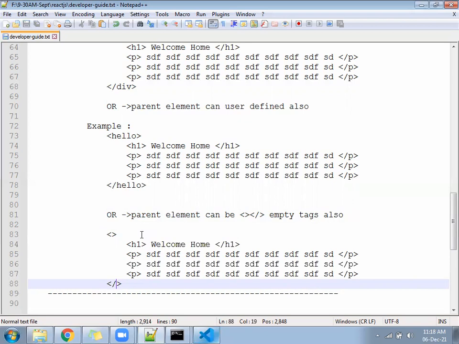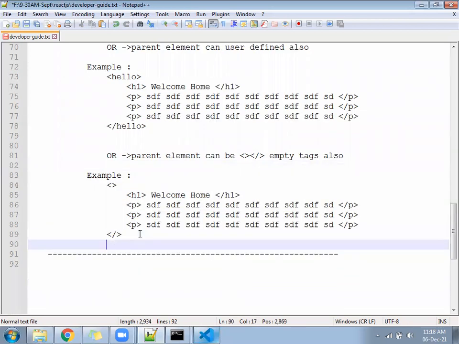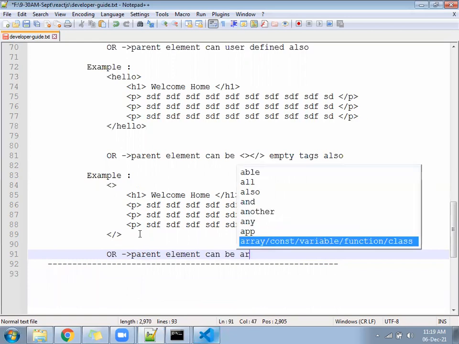What was the last one? The last one was the array concept. Let's come down: or the parent element can be an array also.